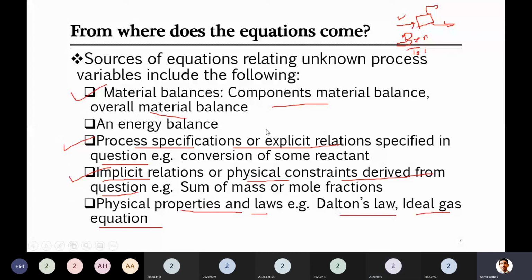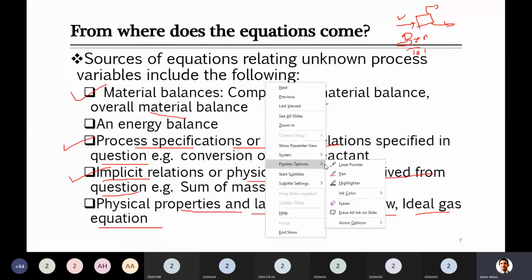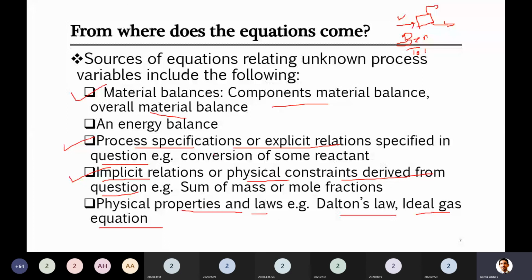But the process specification here, I told you that up to here, the things which we have discussed are simple problems. But later on, I'm giving you one example: in any question he mentions that methane is entering the reactor and the conversion of methane is 74%. So this helps us when we say that conversion of methane is 74%. This can help us as one equation.